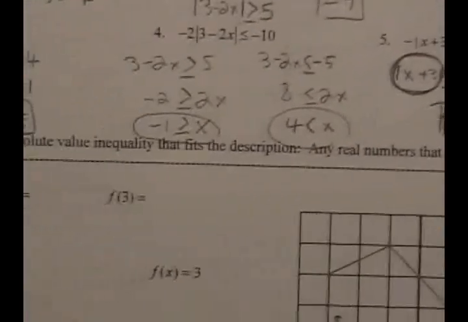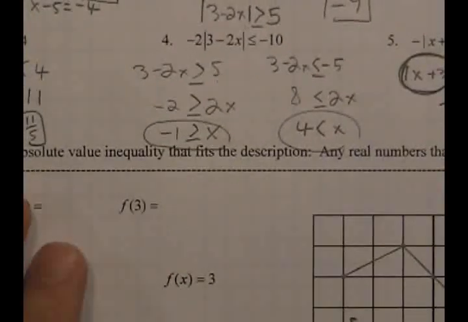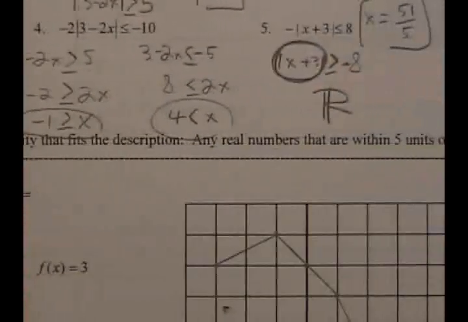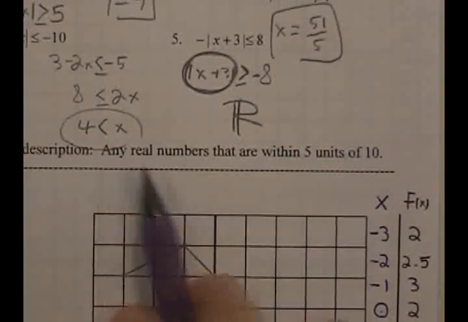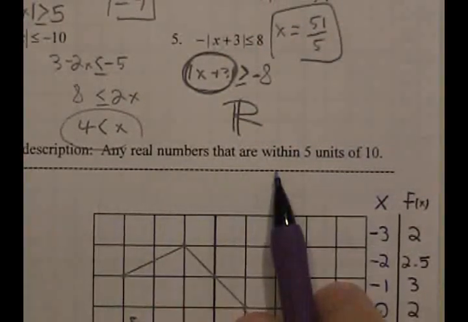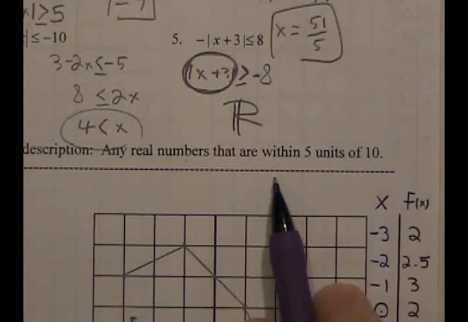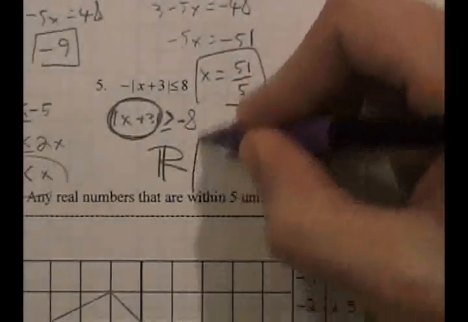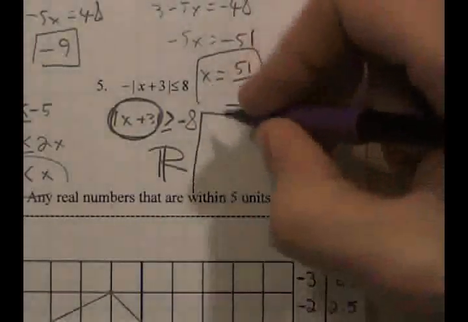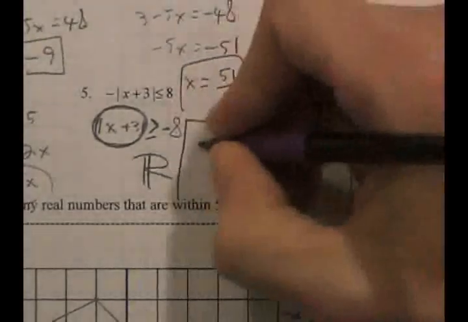And we didn't talk about this one in class, but I want you to write it. Write an absolute value inequality that describes any real numbers that are within 5 units of 10. Not going to worry too much about this, but I am going to do it because it's on the sheet. One way to interpret absolute value, if you have, let me just do this up in here, the absolute value of, say,